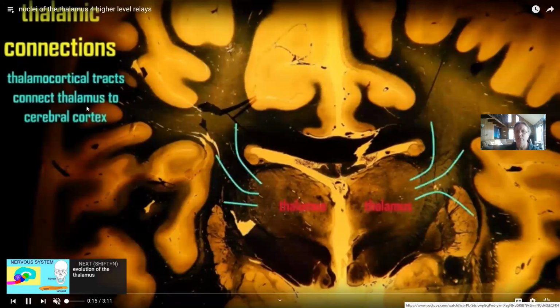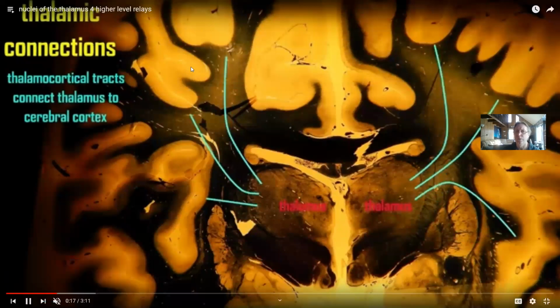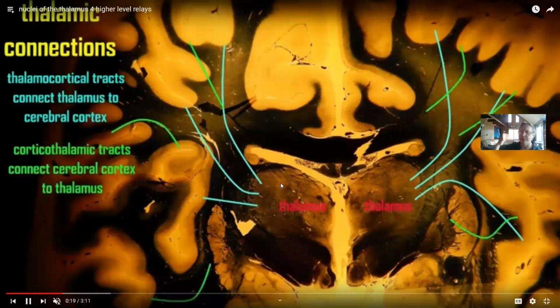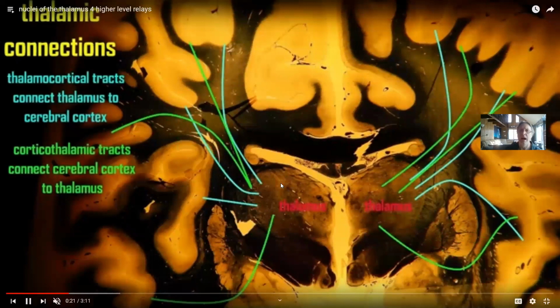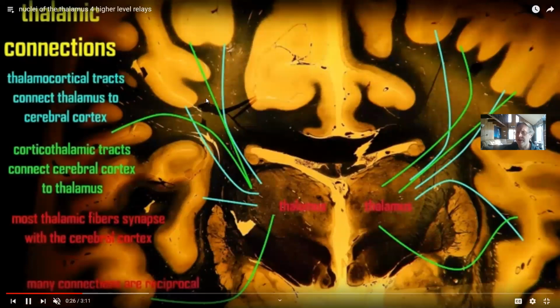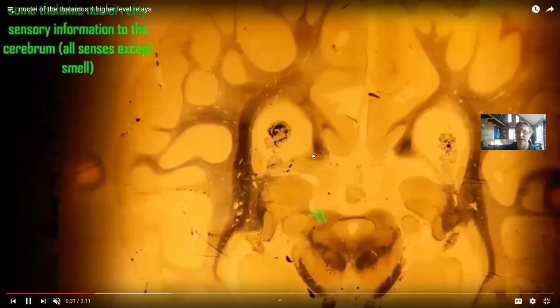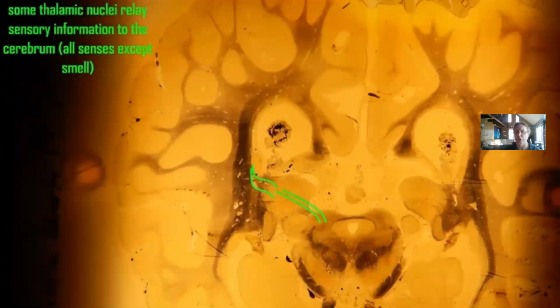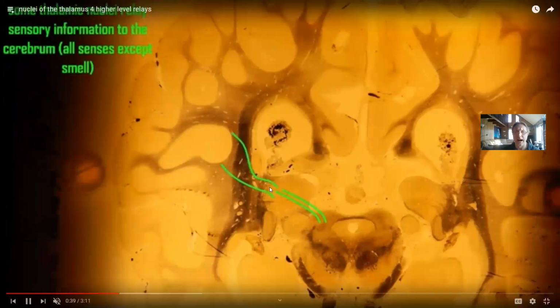And so not only is the cerebral cortex talking to the thalamus to send a message to the rest of the body, a lot of these messages then go from the cortex to the thalamus to a different region of the cerebral cortex. So as different regions of the cerebral cortex talk to each other, there are these higher order relays